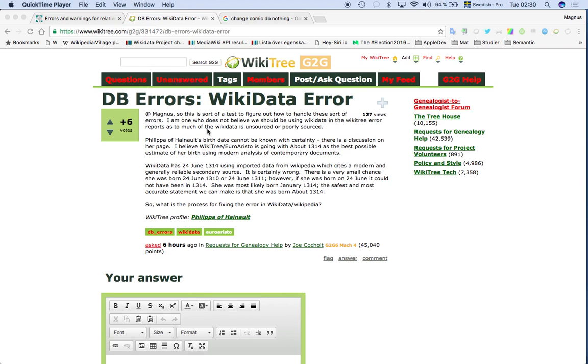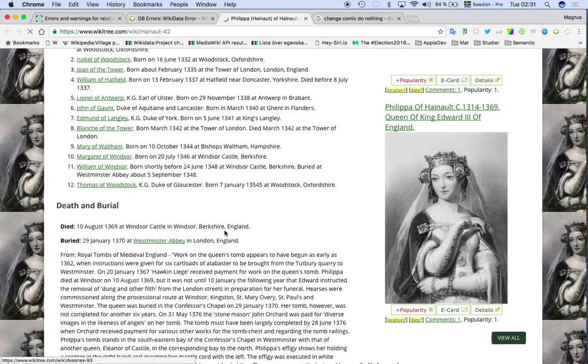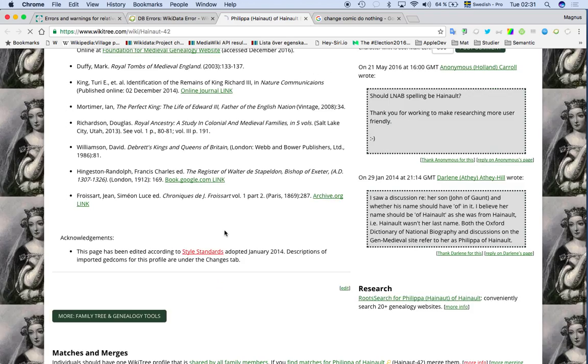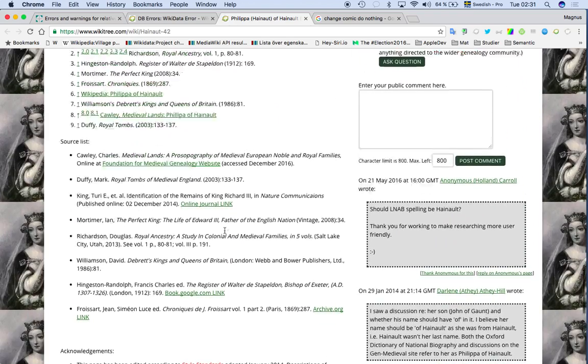What we say is that it's a difference between Wikidata and Wikitree. We don't say that Wikitree is correct or Wikidata is correct. We just say it's a difference. And we say that this person over here is the same person in Wikidata. And the person in Wikidata is